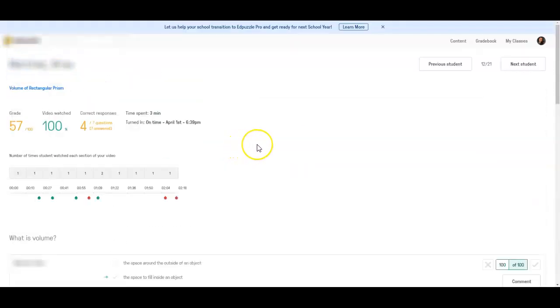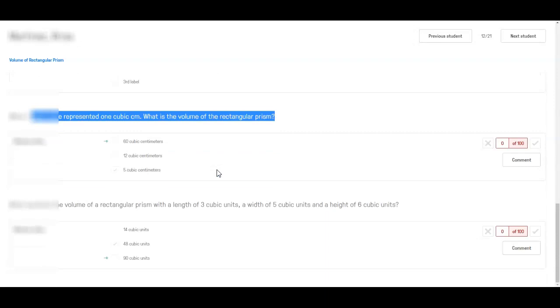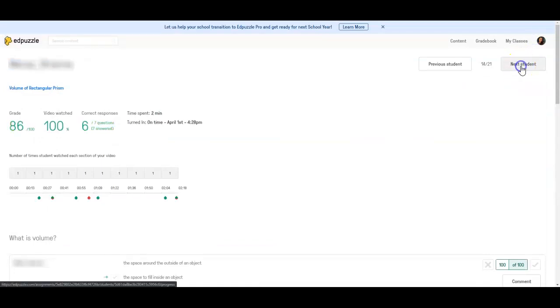So if you're using a flipped classroom style, Edpuzzle's great. They can go ahead and do the Edpuzzle for homework, and then you can analyze this really quick while maybe they're doing their warm-up when they come into class and figure out who you want to pull for small groups this way. So from here, I can click to the next student if I want to, or the previous student,